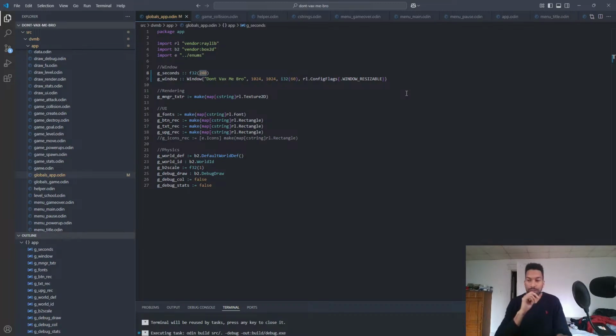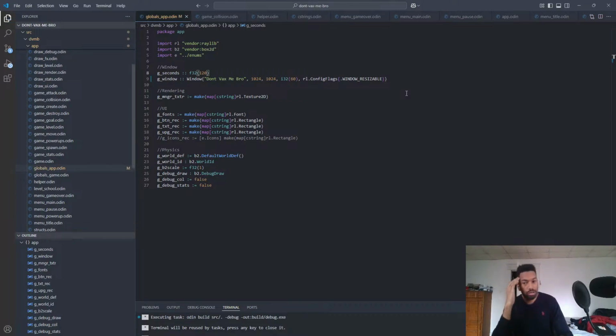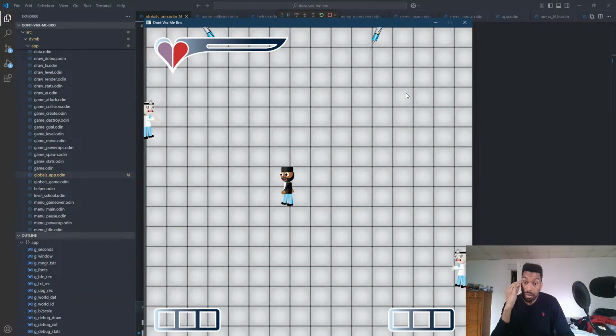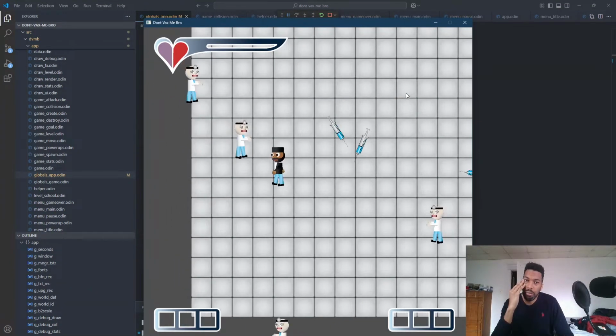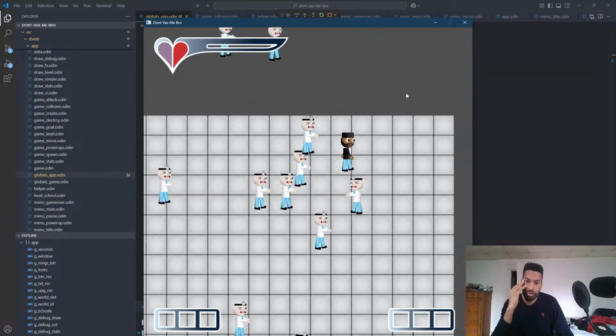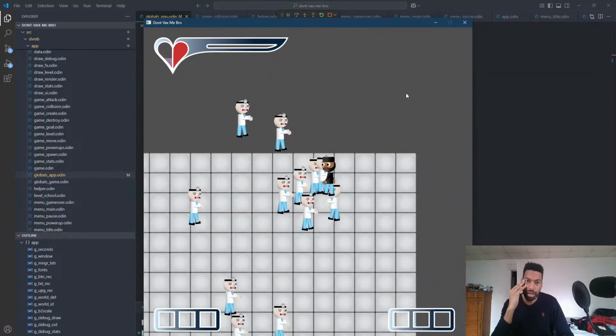This is why you need unit testing. You need to make sure that there should be an automated test for frame rate, to make sure that every time you